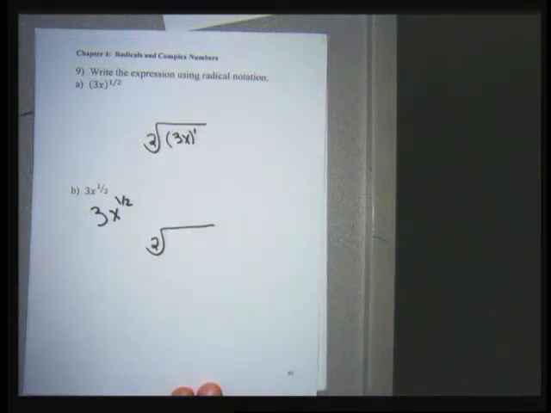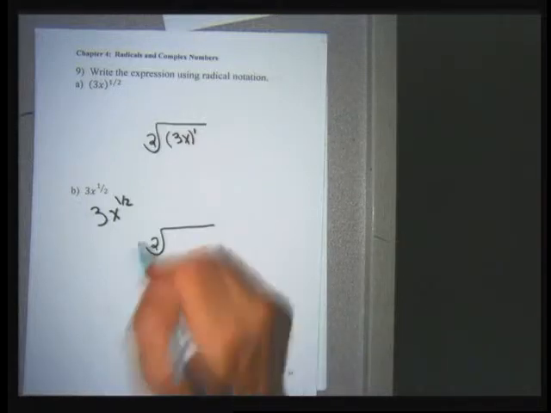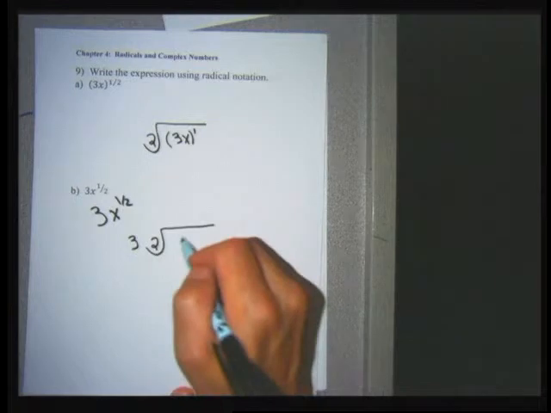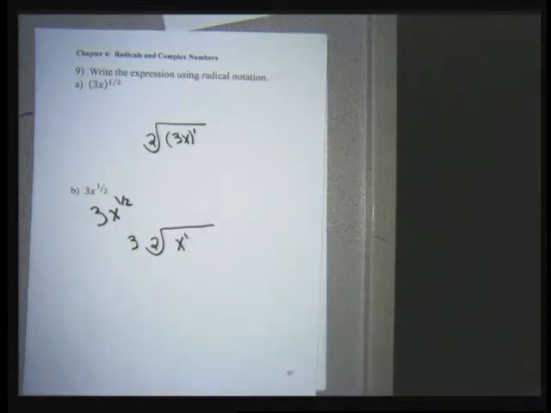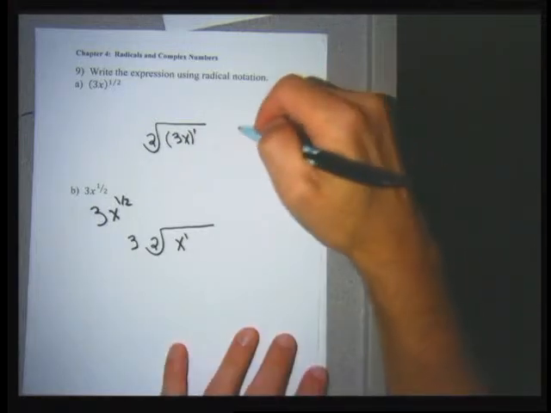In part B, the 3 is not being square rooted, it's not being raised to the 1/2 power. Only the x is being raised to the 1/2 power. So in part B, only the x goes under. So the big difference between A and B is that in A, because the 3 is in a parentheses, it belongs under the radical. In B, because the 3 is not in a parentheses, it goes in front of the radical. So we'll say a number